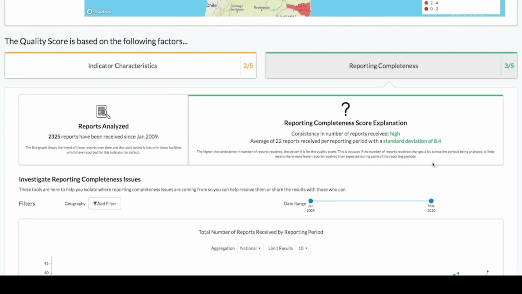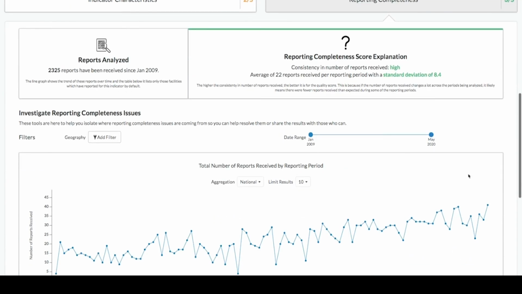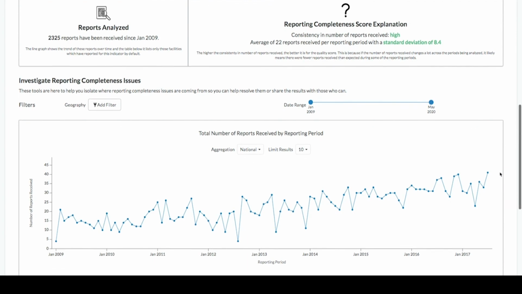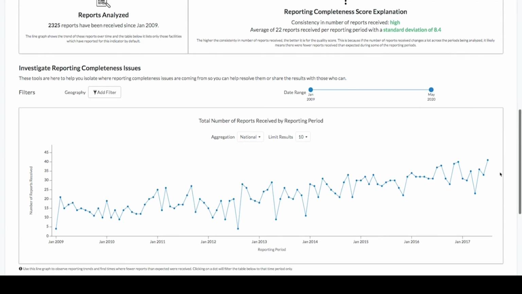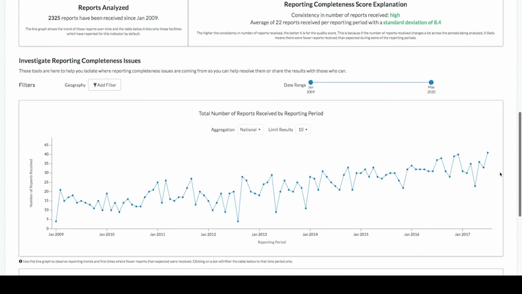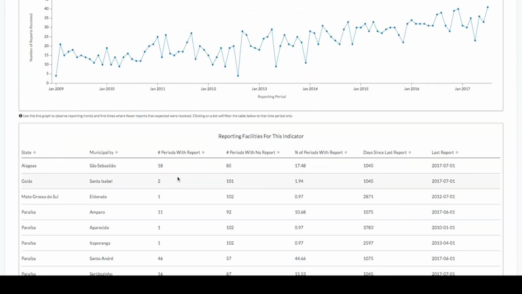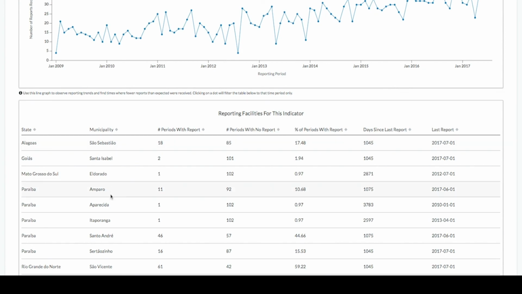And so, for example, if we wanted to identify which health facilities or which municipalities we needed to follow up with to improve their reporting or completeness of reporting as it relates to tuberculosis indicators, we could very quickly do that via the Data Quality Lab. So we can see here, for example, every single municipality and the number of periods where they reported tuberculosis-related information for this indicator, the number of periods where they did not file a report, the overall percentage of periods with